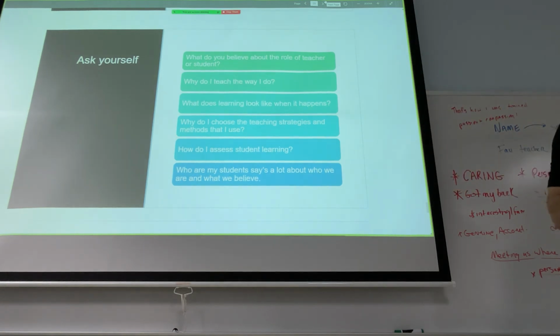But what if you're not getting the right information? How do you change after the fact? You've learned that everything you've done was the wrong way. Are you going to still teach that way, or are you going to change? So you have to be able to understand why you teach the way you do. I teach the way I do because I've learned a lot from many different instructors, right? And how do you vet those instructors, or how do you vet that information? You have to do a lot of searching yourself.